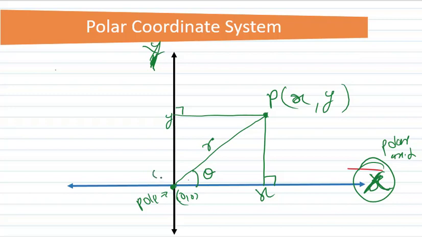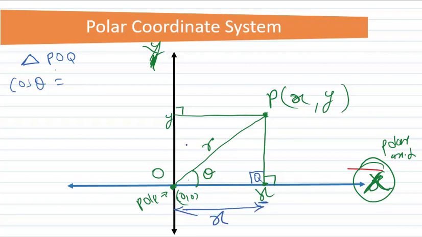Now, let's suppose this point is Q. So in triangle POQ, which is a right-angled triangle with a 90-degree angle, I will apply cos theta. The cos theta will be my adjacent side upon hypotenuse. The length of my adjacent side OQ will be x. Here I have written the point x.